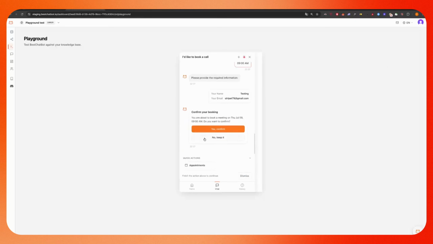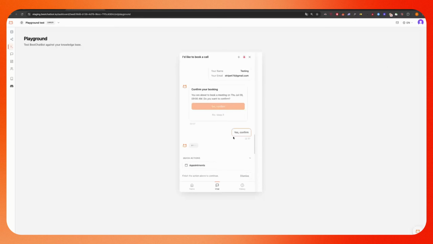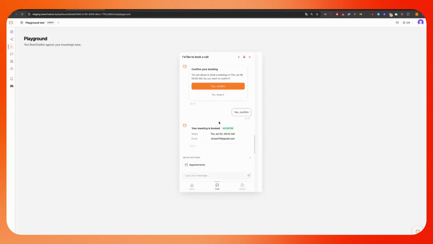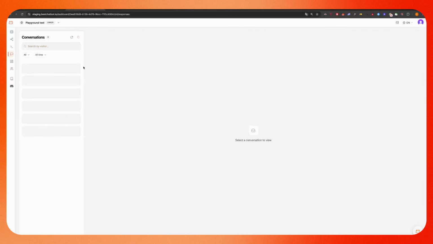Let's click on send, and now we're going to confirm. Now Chatbot is automatically going to confirm the booking for us and answer back with the confirmation. The meeting has been accepted Thursday, July 9th at 9 a.m. with this email. Now if we go back to the conversations tab and click refresh, we're going to see